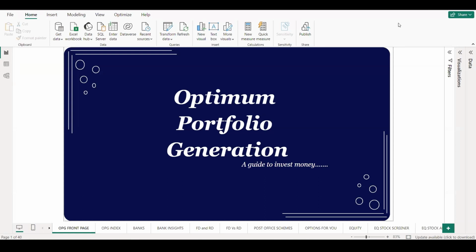As part of our finance project, we have created a Power BI report and the name of our topic is Optimum Portfolio Generation. As you all know, earning income is a significant part of our livelihood. People choose different ways to earn income. Some may go for salaried work, some people do business on their own, some people rent out their properties and so on. But what they all have in common is the urge or desire to grow their money and secure their future to achieve what we call financial freedom.